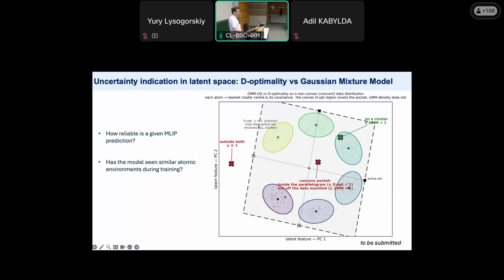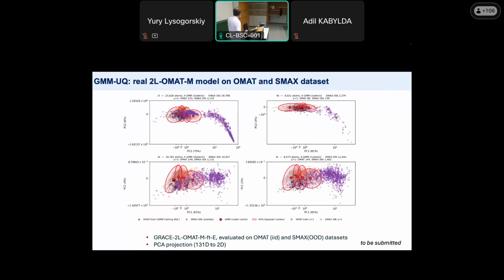And we may use this as a probabilistic model for the density of the training data set in this latent feature space. So that's the cartoon, that's how it typically looks. Here I try to explain: with these red ellipses, you see the actual trained data distributions from the training OMAT data set, whereas these violet purple things are a projection from the SMAX data set.